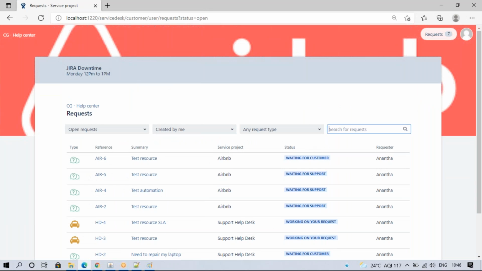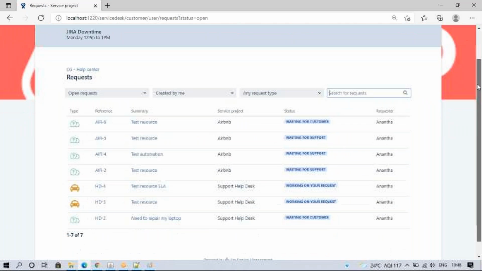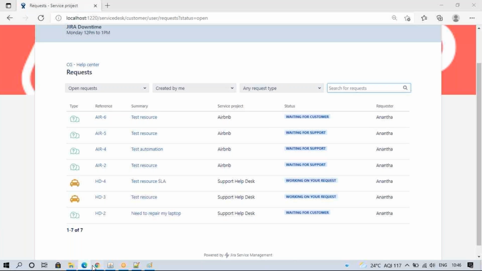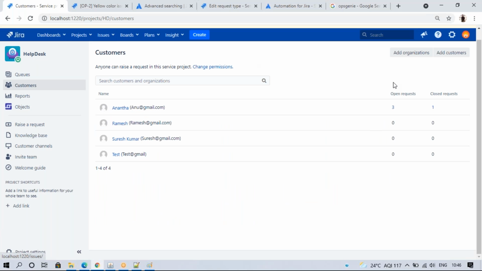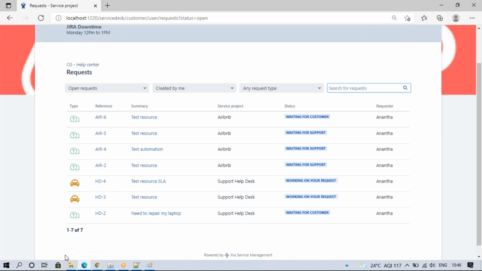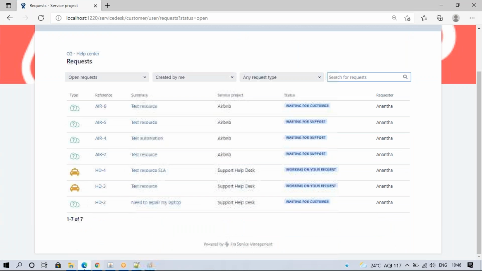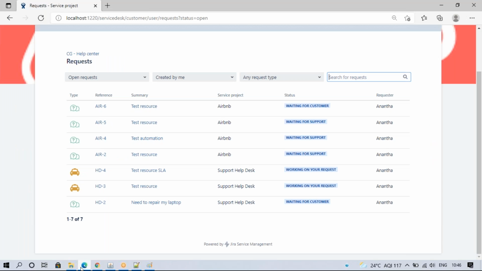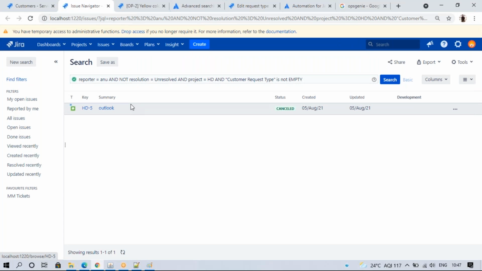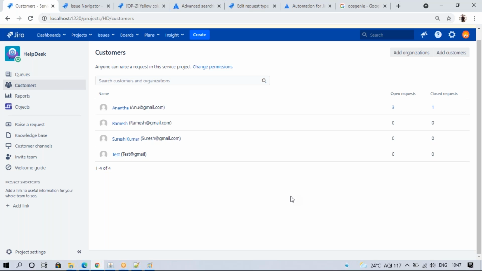So this project has these many tickets: one, two, three, four. These four tickets are in this project. This is help desk, and three tickets in this project. For example, the below three are the help desk project, so those three are here, but in that only one is resolved. I think resolution is set in one place, so that's why it is resolved. Okay, so this is cancel on HD5.